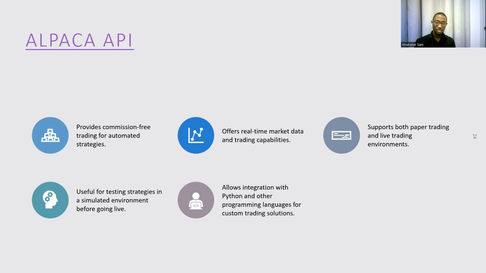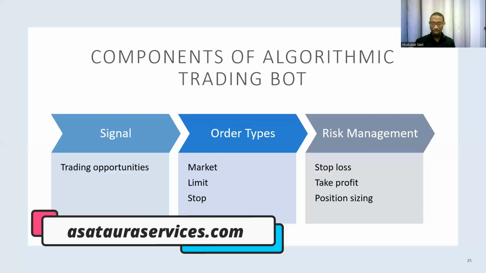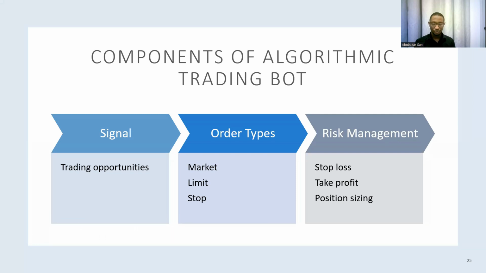But the good thing with them is they provide this API that you can connect. The API will form a bridge between your code and the brokerage account, so that from your code you will be executing trades and they will be implemented or executed on your account. That way you will be executing trades in real life. So this is the Alpaca API, and it helps us in this regard. These are the 4 tools which we're going to use, and you will see how I will use them to be able to build the trading bot.